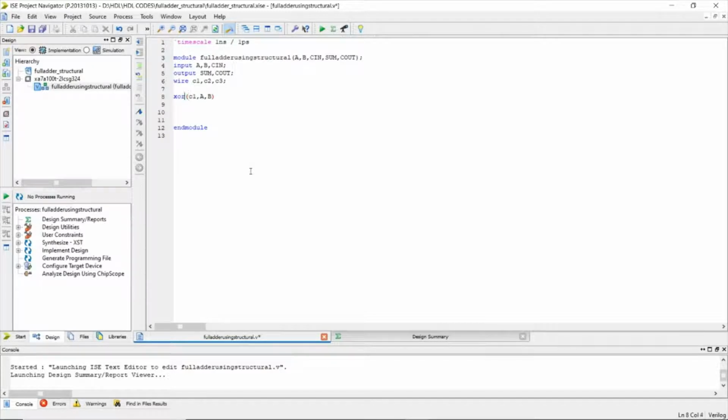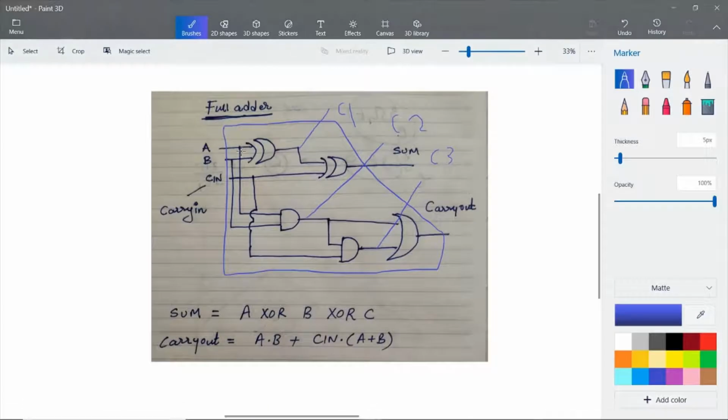But you need to differentiate between the two XOR gates, so name it as XOR 1. And you have another XOR. Now we are completed with this part.